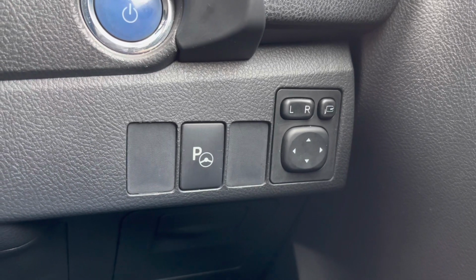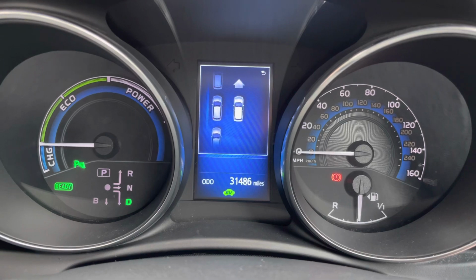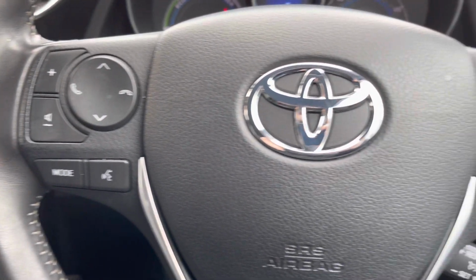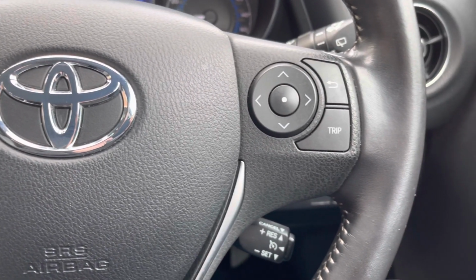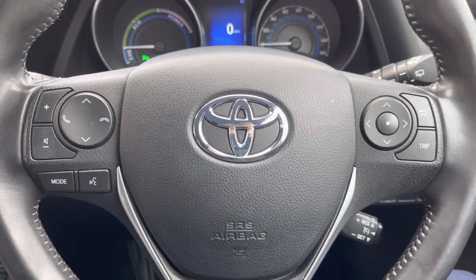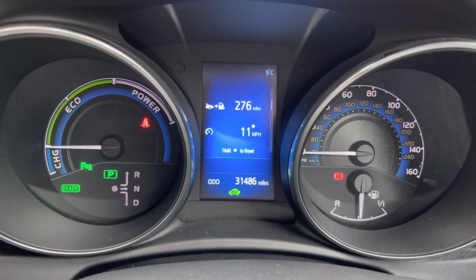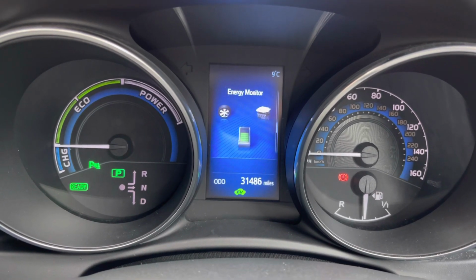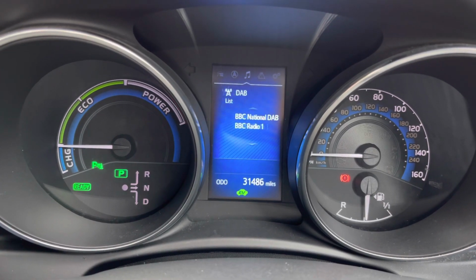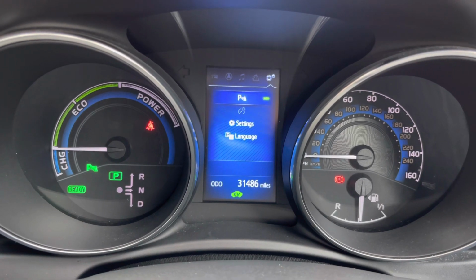Starting on the dashboard here, you'll find your button for your park assist. The vehicle will park itself, you simply follow the guidance as it guides you through. Here on the steering wheel you've got your multifunction controls for the infotainment system as well as your trip display that you'll find in the instrument cluster. Here on the display you've got all of your standard driving data including your miles to the gallon. You even have your energy monitor for the hybrid system as well. You've also got access to a compass for the navigation system there, audio vehicle messages as well as some settings